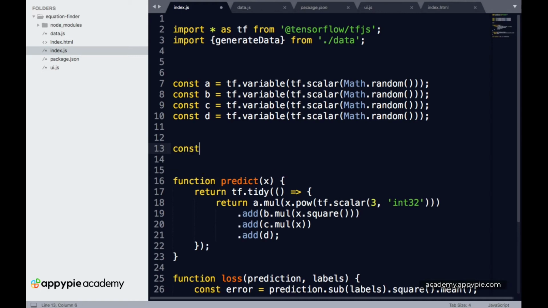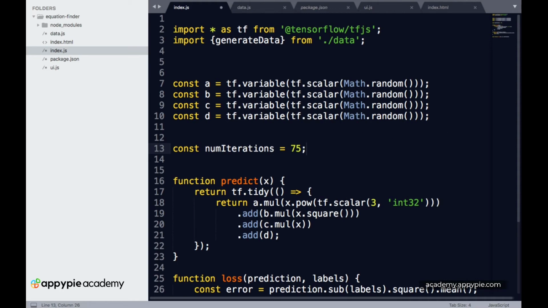We have a new constant, let's call this number of iterations, and let's make this equal to, let's say, 75. So basically we are training the whole model 75 times.